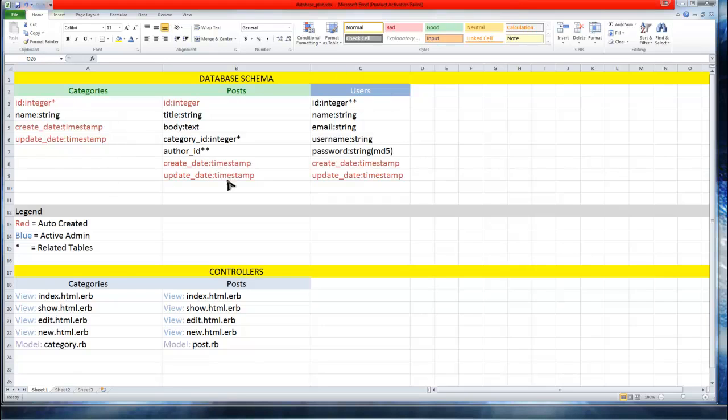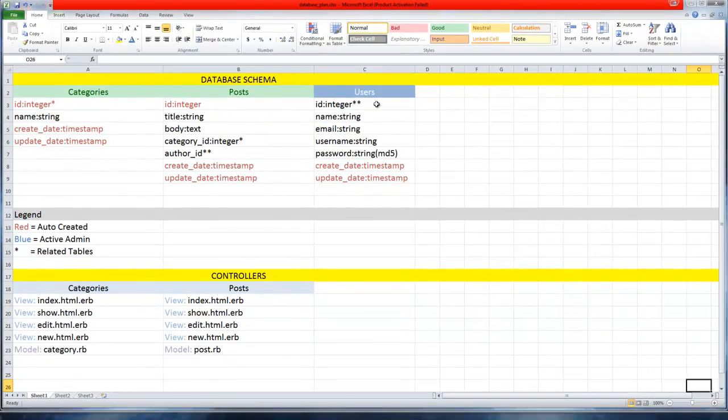So up here, for right now, we're going to have three tables. We're going to have a table for the categories, the posts, and users. Now I'll explain this legend. The red here, these red fields, these table fields, these are all auto. Whoops, this should be red as well. These are all